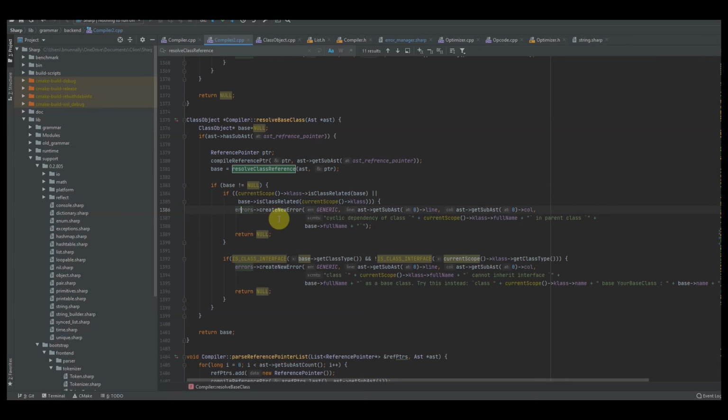And if either of these are true, we want to say generic error. We want to pass in the AST, and we want to say cyclic dependency of class of whatever. And we want to, again, make sure we pass in that full name in parent class of whatever. So we want to make sure we pass the base's full name and the full name of the current scope's class. Otherwise, if the base class is in fact an interface and the current scope's class that is inheriting this base class is not an interface, then we want to say class whatever cannot inherit interface of whatever as